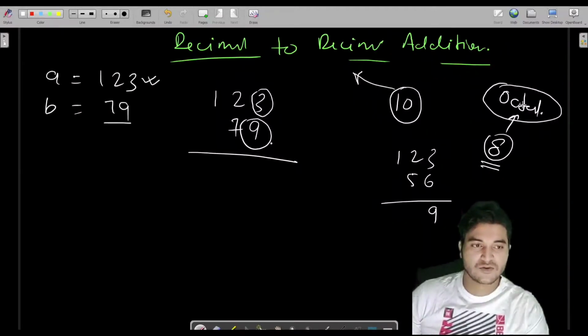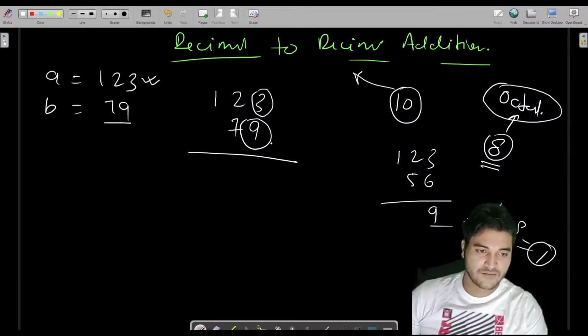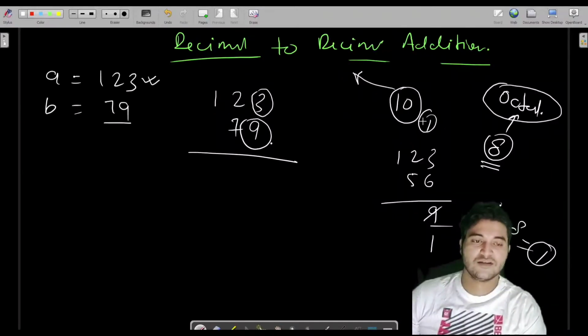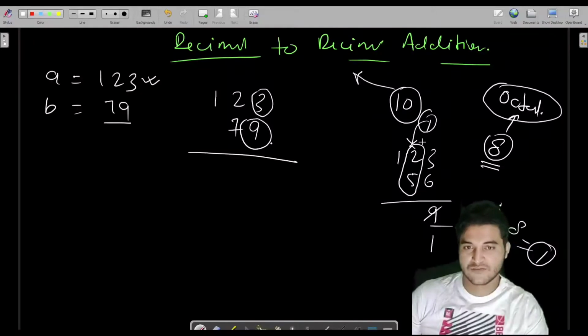What is the base for octal? So if the result is greater than 8, then we can subtract the base from the result, so that we get 1 here. Instead of 9, we would write 1 here and take a carry, and that carry we would apply while adding the second last two digits. Fine. So we will use this trick here also.